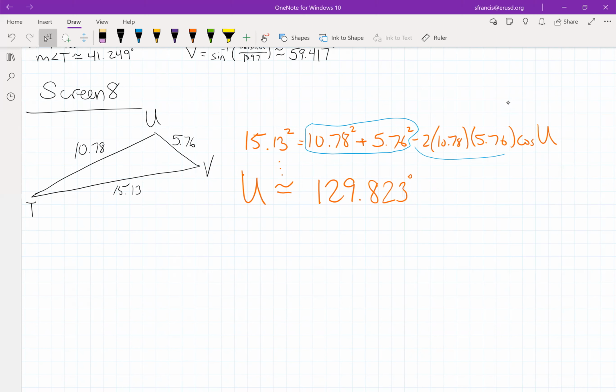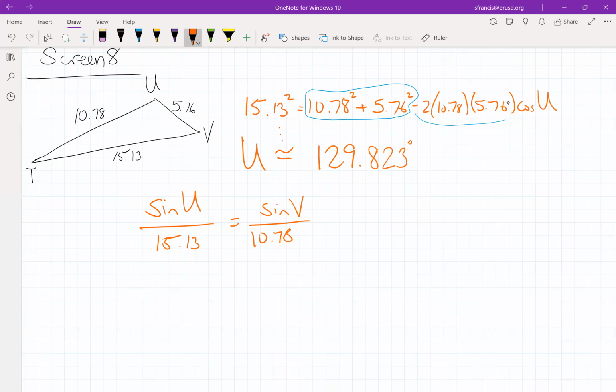And then once you know angle U, you can take the sine of U and divide it by the opposite side, 15.13. Set that equal to the sine of angle V over the 10.78. And then we know angle U, so we're solving for angle V. So angle V is going to be the inverse sine of 10.78 times the sine of U divided by 15.13. You'll run that through a calculator and you'll get 33.176